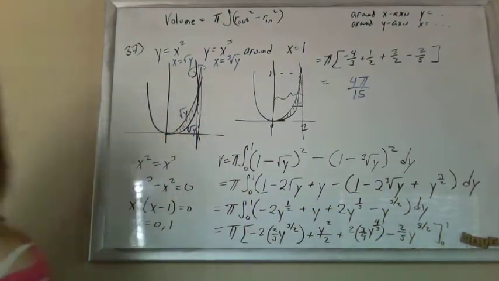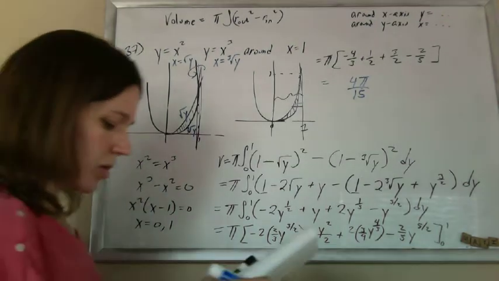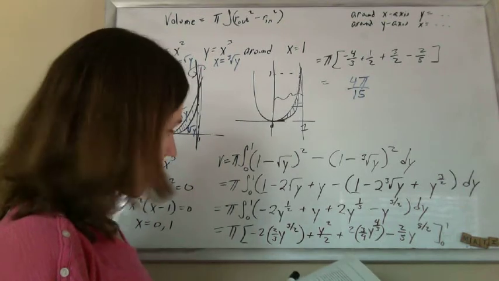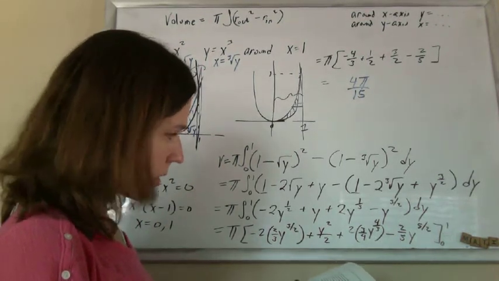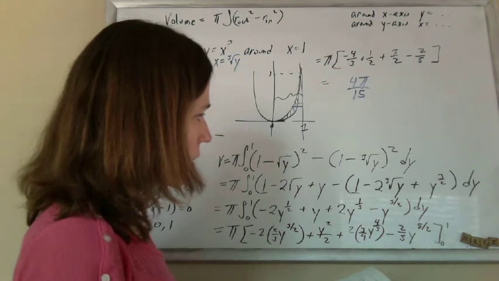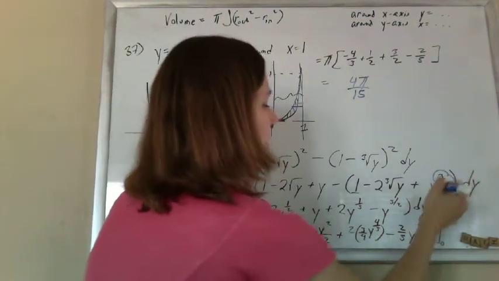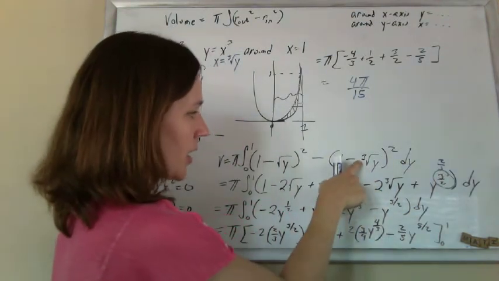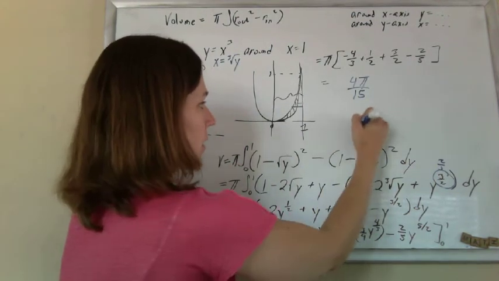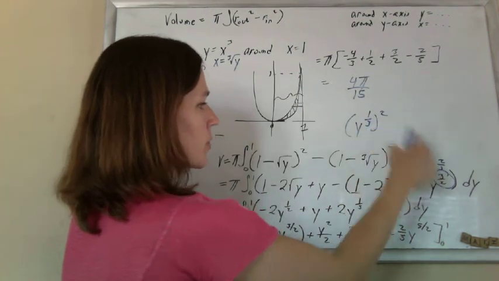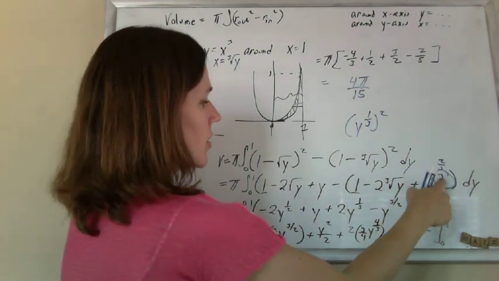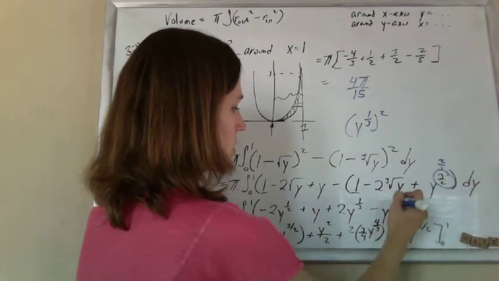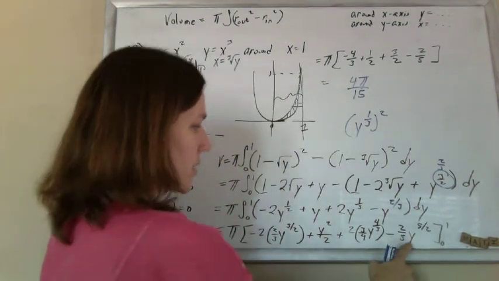Let's see. So, -2 y to the 1/2 plus a y plus 2y to the 1/3 minus y to the, oops. Darn it. I should check it before I do the rest of it. That's not 3/2, that's 2/3. I got it when I did a cube root of y squared, and the cube root of y squared should be 2/3, not 3/2. So that's going to make this guy a 2/3, which is going to make this guy